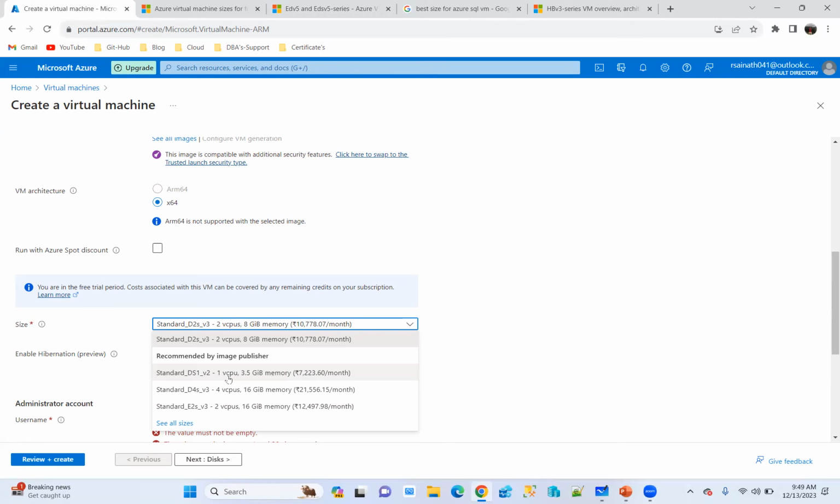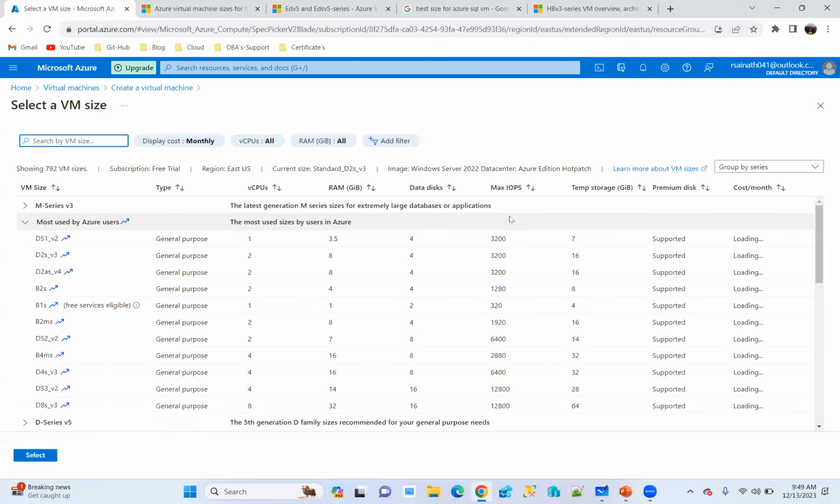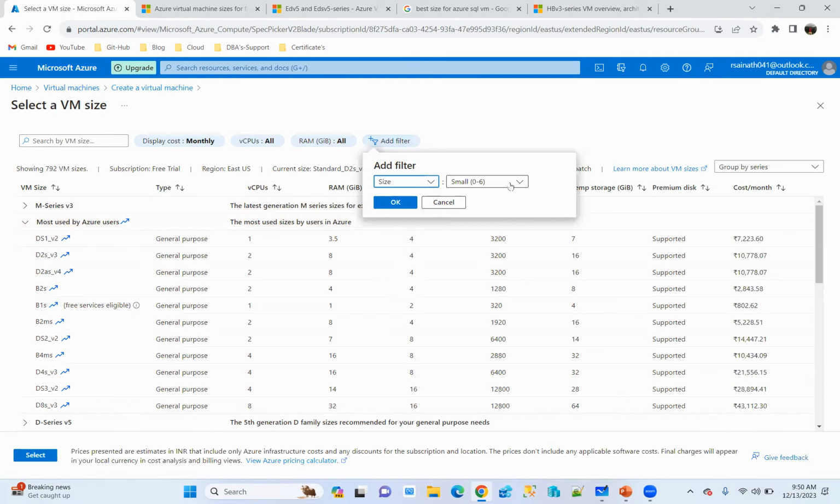You can practice clusters, always on, log shipping, mirroring, replication, whatever you want, with 1 core and 3.5 GB of RAM. That is too good. You can do everything. As of now, I'm selecting 2 cores with 8 GB of RAM. But here, one thing, sizes, that's what I told you, right? If you go to the sizes,